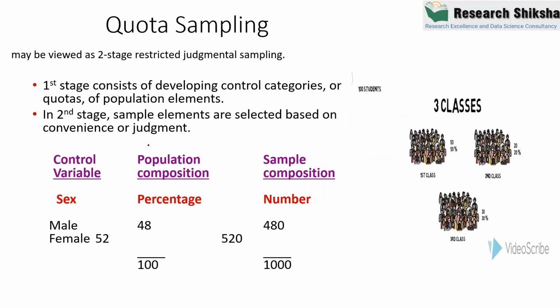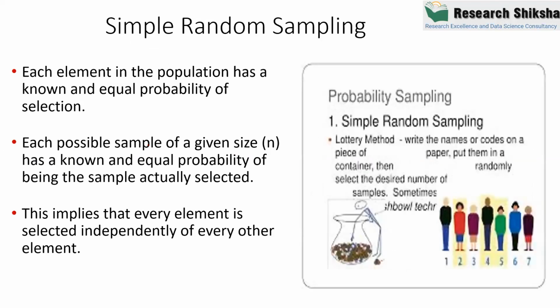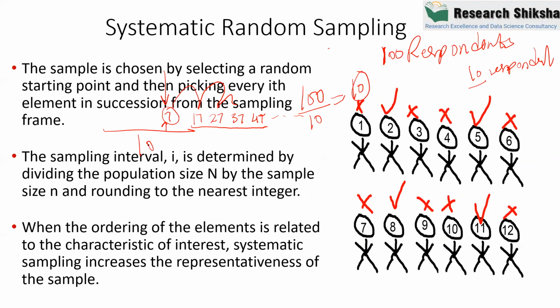And random sampling we cannot apply, because in random sampling you must have the list of all population units where you can apply the lottery method. So in practical, if you think practically, we never have the data of the target population. So applying the lottery method is just impossible. So that's why